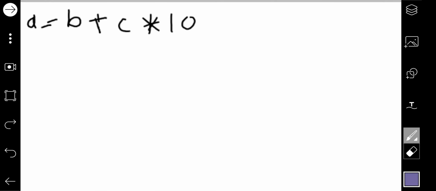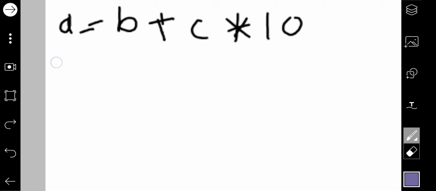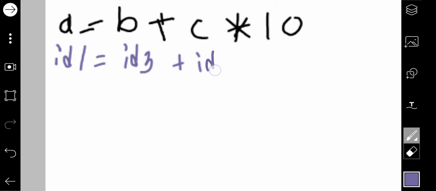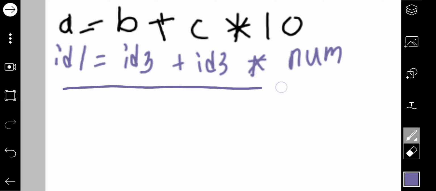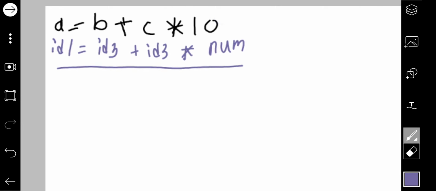You will get id1, then an operator, id2, again an operator, id3, again an operator, then a number. Okay, so we are done with the first step. Now this will be used as an input for your next phase, the syntax analyzer.